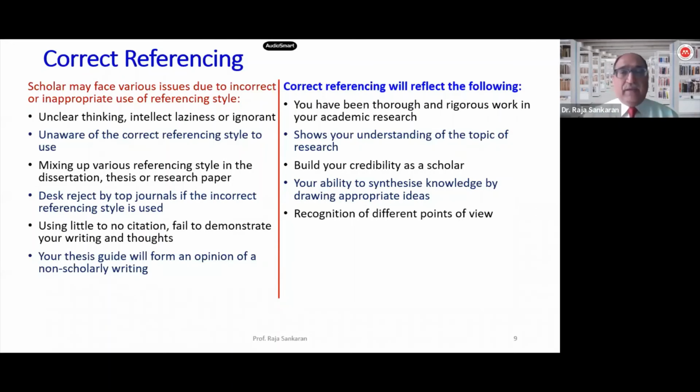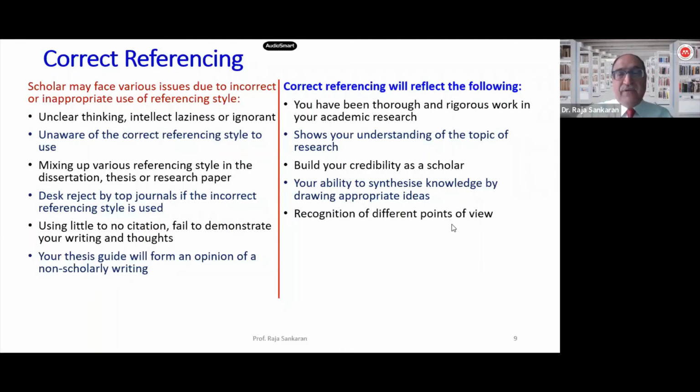Now, within that, you must do a synthesis rather than simply saying A said this or B said this or C said this. A synthesis of literature is definitely required, and using the correct referencing approach is what will actually portray you as a scholar.